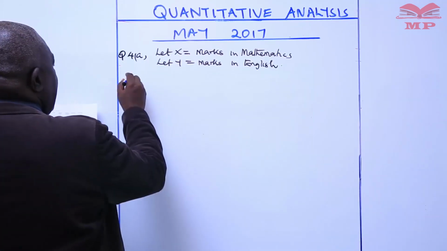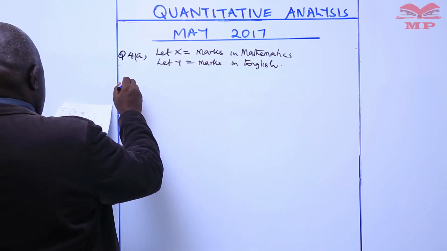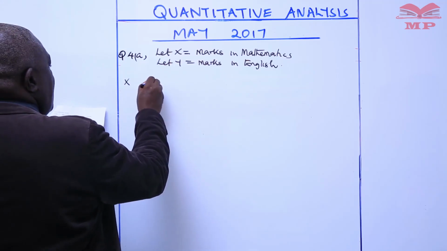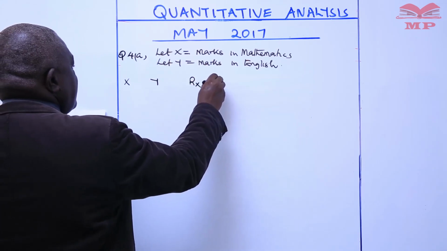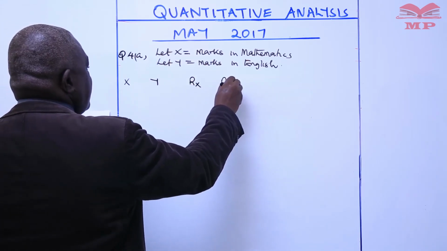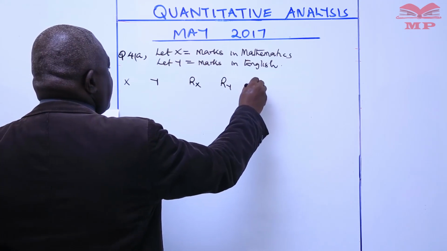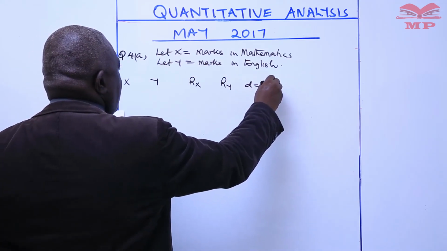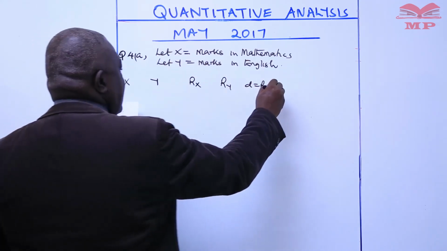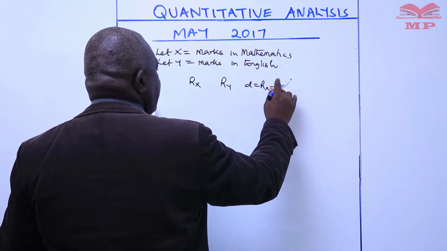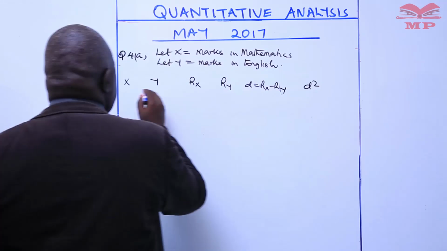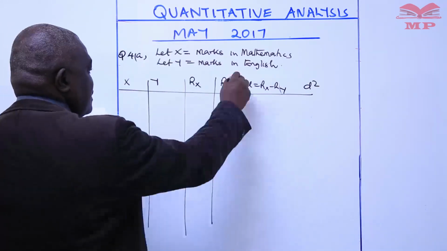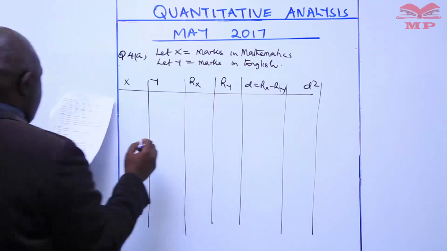Then I have the tabulation as follows: x, y, then I put rank of x, rank of y, then the difference, which is rank of x minus rank of y. Then finally, I should have that value d squared. These are my values: